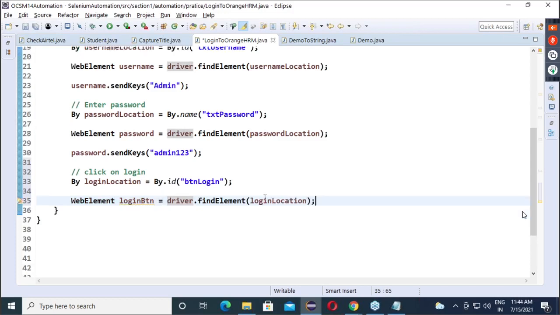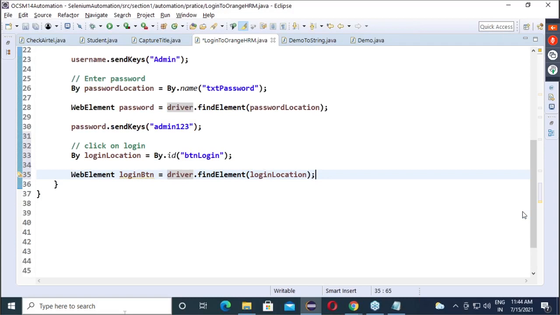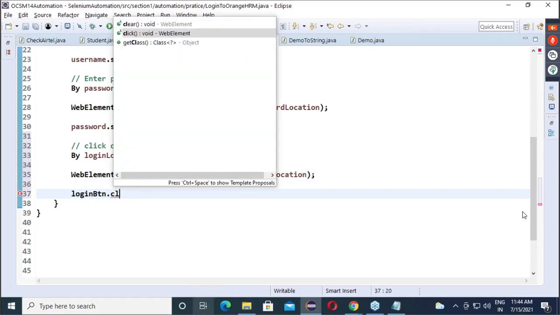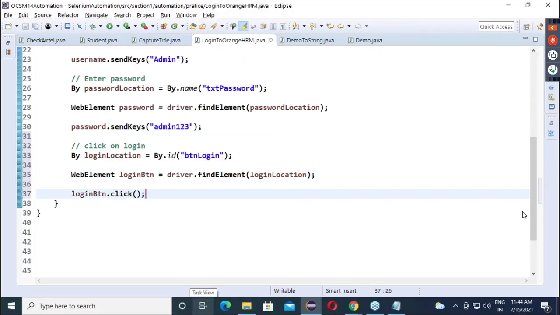Now guys, on a login button, which kind of action do you want to perform? Click. Are you going to add any text on the login button? No. So obviously there is no use of sendKeys over there. As we want to perform click, loginButton.click. Is everyone clear? A direct method is available to perform the click action.